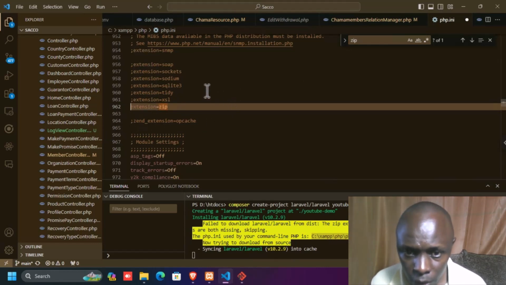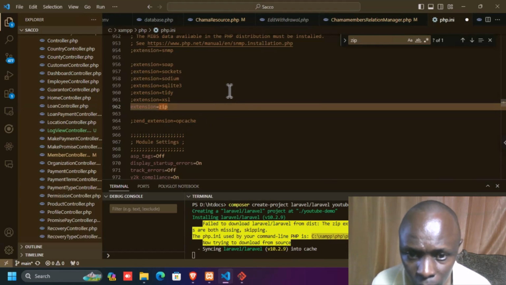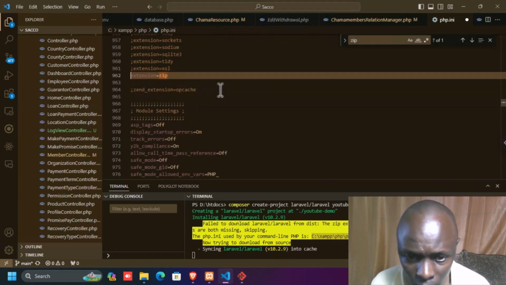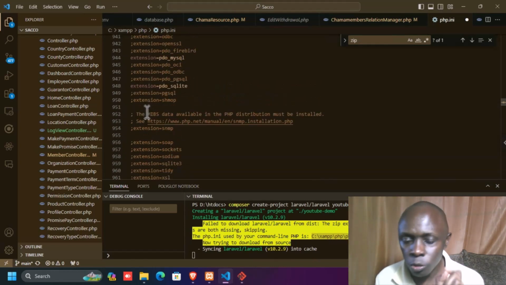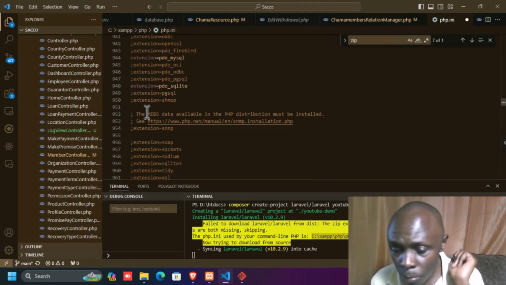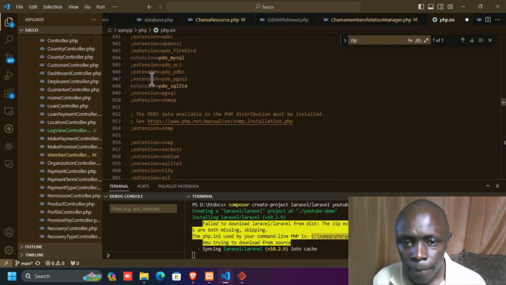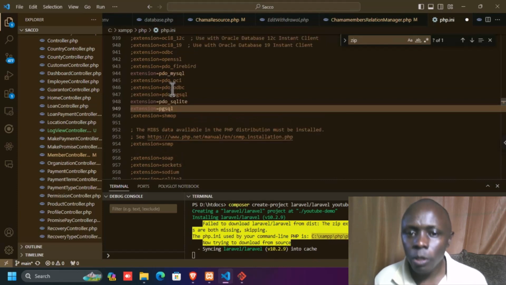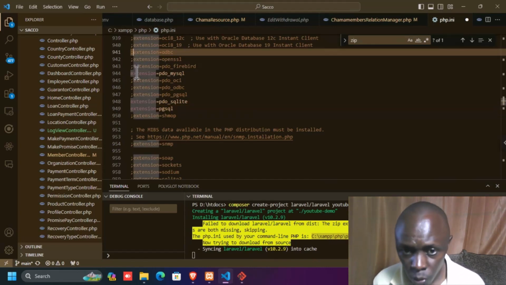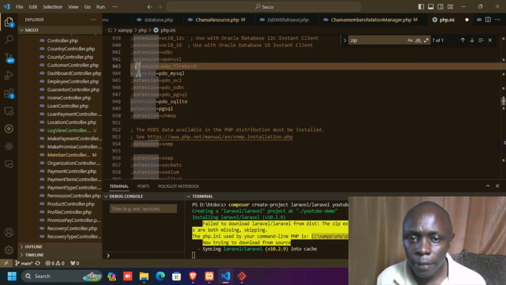Okay, now basically you uncheck that, and then there are also other functions here that you need to change. If you're going to use PHP MySQL, that is a Postgre database, you can also uncheck that. And then also, if you're going to use Visual Studio for database, that is ODB, this is for database from Visual Studio, so you can also uncheck that. Okay, and then you're going to save your PHP INI